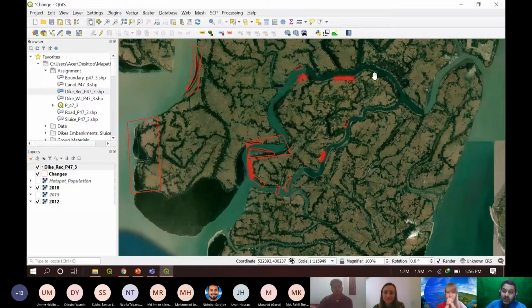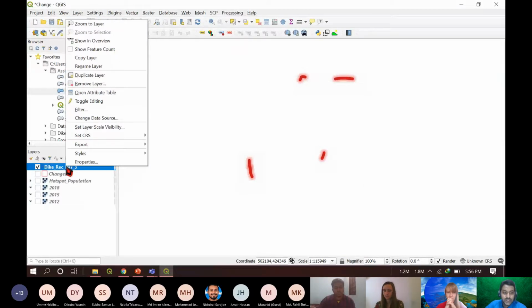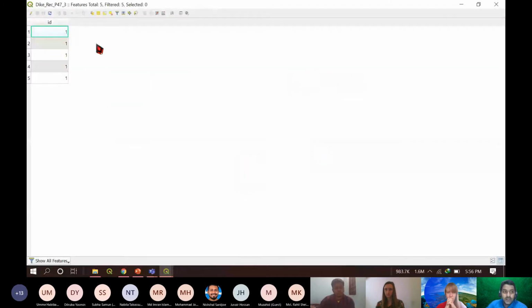Okay, so now in this portion we are going to learn how to document the length of these dikes. To do so, I'm just going to turn off all other layers, and so I need the length of this portion. To get the length, just go to the attribute table by right-clicking on the layer and going to its attribute table. And you can see there are no values right here, only the IDs for the dikes. The ID 1 represents the dikes that need reconstruction, and the ID 0 represents the dikes that are already well constructed. So I'm going to add a field first and then add some values of the length